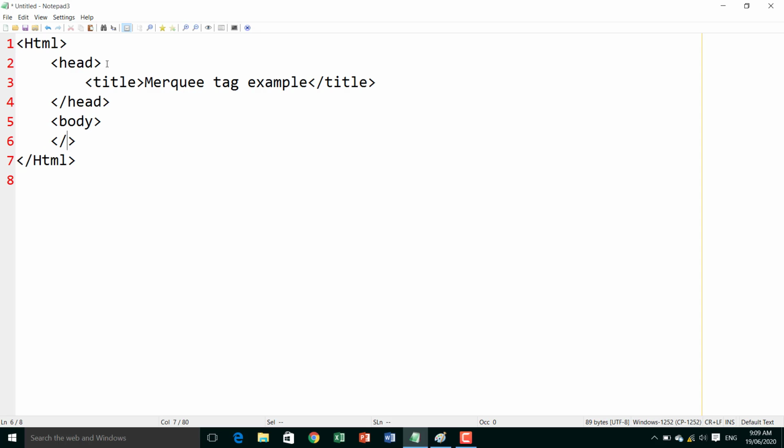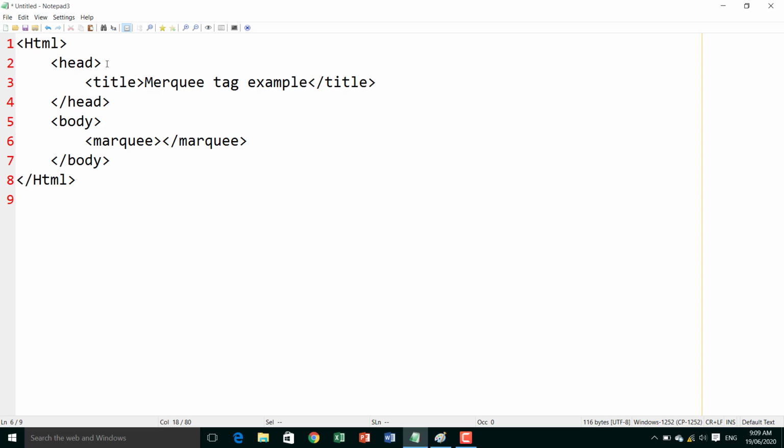Inside the body part write the Marquee tag, whichever starting tag you take must end with the end tag.